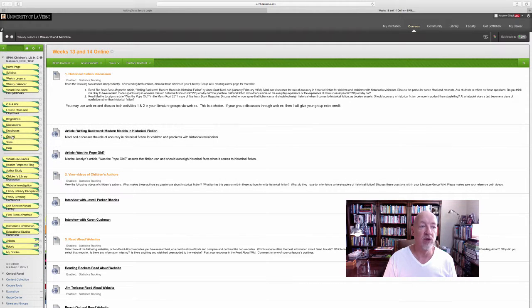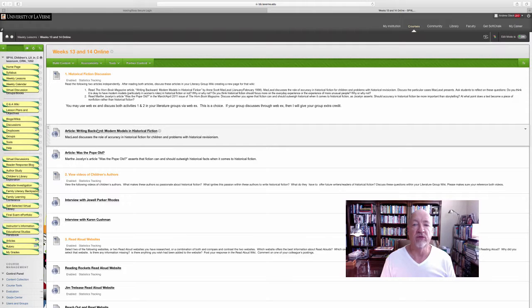So that is a choice your group has to make, and it will be your literacy group. And if you check over here in your groups, you'll find literacy group A, B, and C. You remember which group you're in, and then you'll be able to use the wiki there, or you can generate a WebEx and send that to me as you've done in the past. It's up to you to decide. But what you are to do in activity 1 is to read both of these articles here.